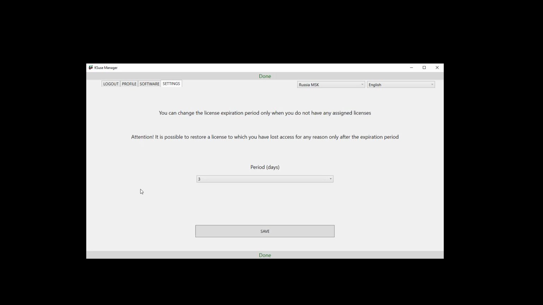But, on the other hand, in case of some problems with the internet or if our program must often work offline, it is not convenient to use short periods. Then it can be 30, 60 or 90 days. For the paranoid, there are 9,999 days, meaning the license will almost never expire. Once assigned, the program never needs to connect to license servers in order to renew the license. On the other hand, if your computer is broken, then in fact you lose your license.